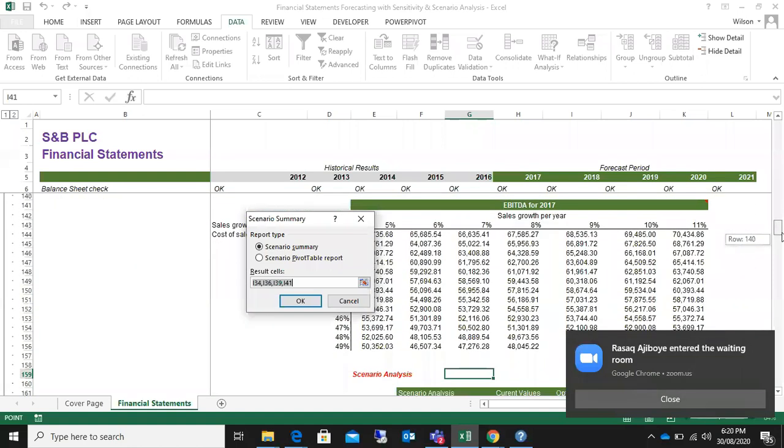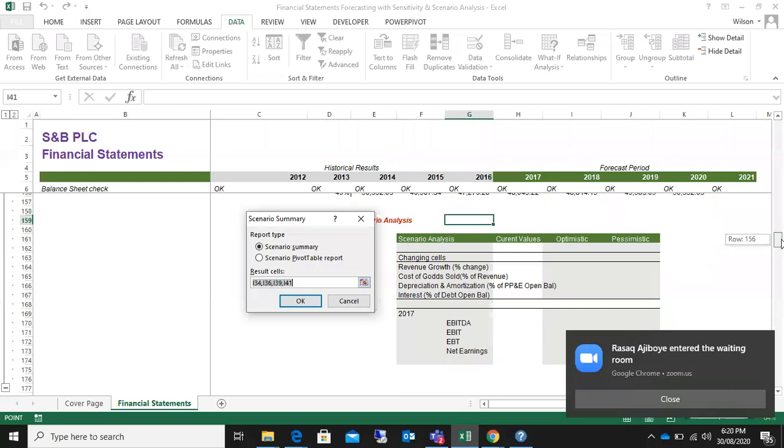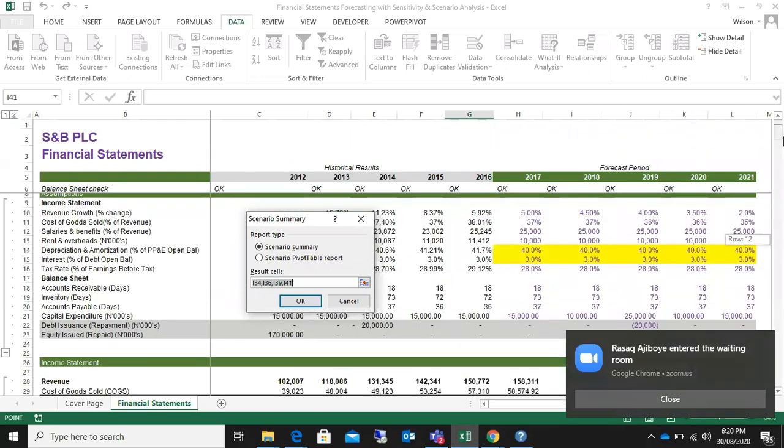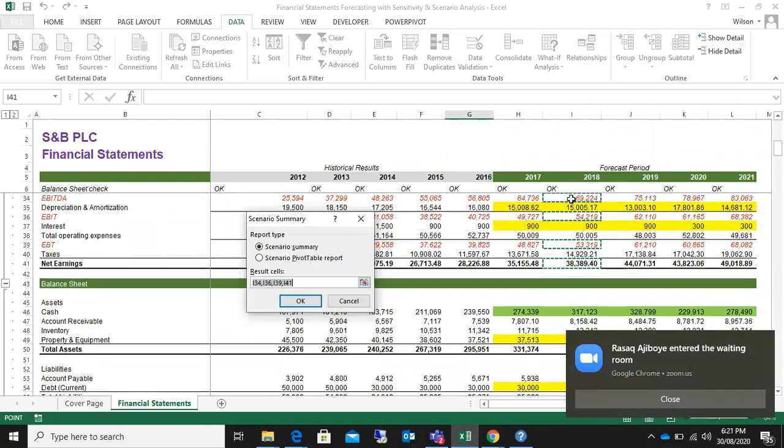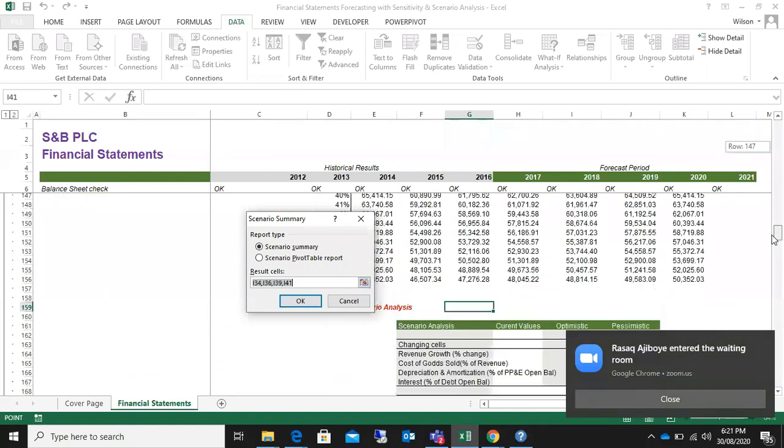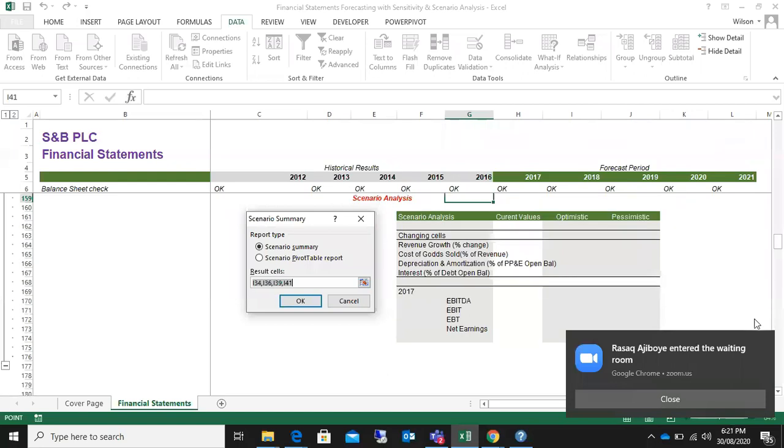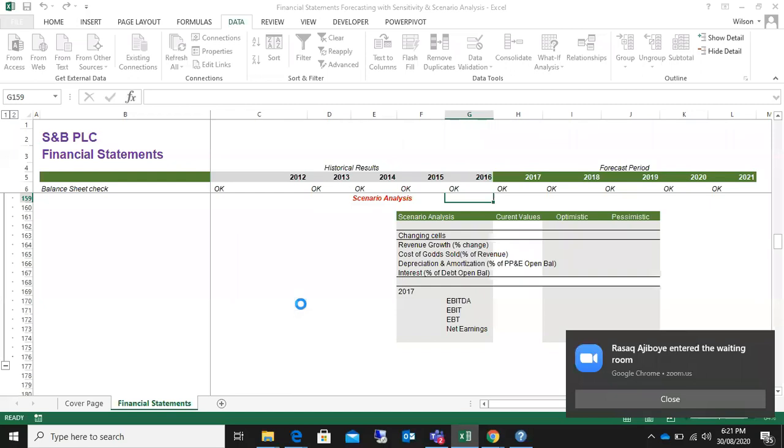Excel is not going to pick anything for you automatically, but this has been done before. That's why it's there, so I don't want us to start doing it again. So this is what it picked. You understand now? So what we're simply going to do here is just come here. Let's see what will happen. If I come here and click OK, what will happen is